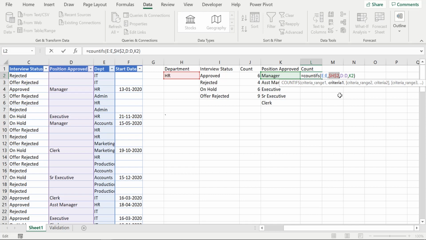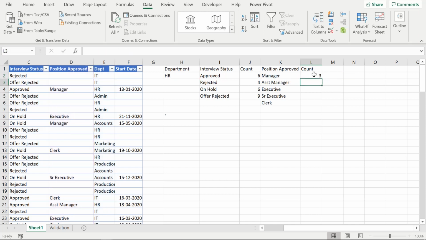Alright, so now I am telling Excel to count the column E for department HR. So of all these candidates who were selected, how many were selected for the HR department? And the second one is, from all those selected for the HR department, how many were selected for the position of manager? So now we click okay, and I will copy this formula down.